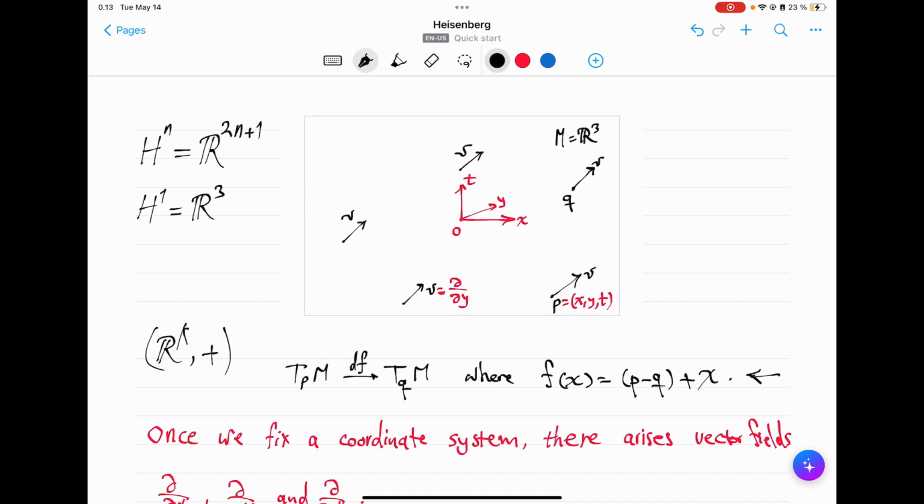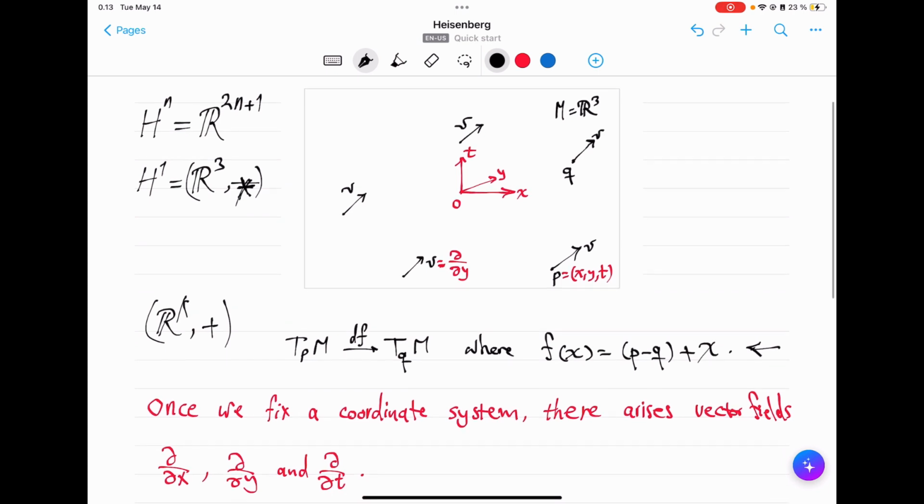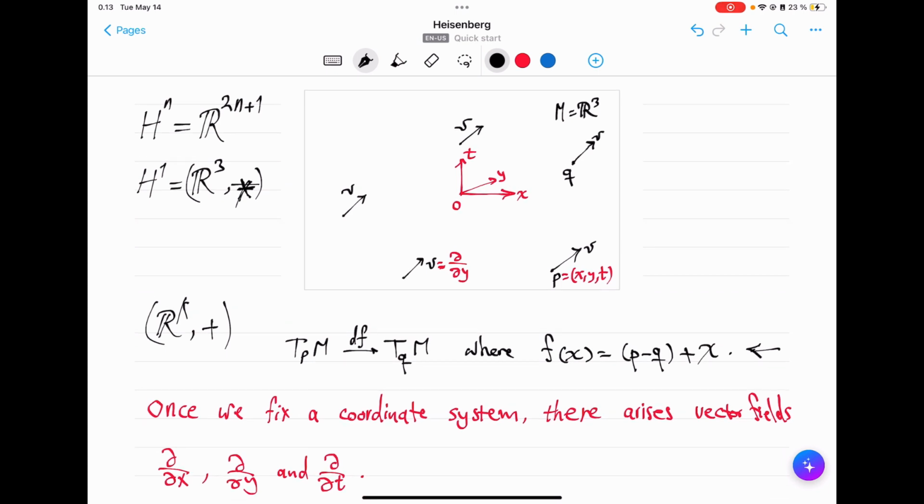The reason I'm doing this is because we will actually soon forget about the addition structure on R3 and instead talk about a different group structure. This is preparing for that in future lectures. Anyway, now that we have these vector fields,